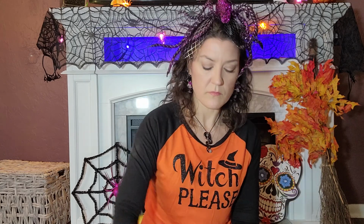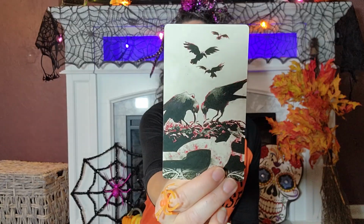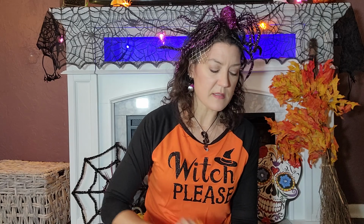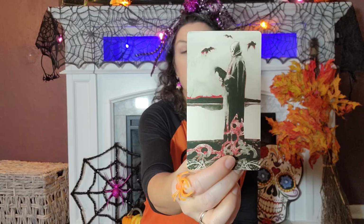I've been using this deck a lot this season. So throughout the month of October, preparing for Halloween. And I will admit, I don't generally reach for this deck at night because it is a little bit heebie-jeebie, but I don't think it's necessarily dark. It doesn't give dark readings. I don't necessarily reach for it as a shadow deck. It's just a deep down, the depths of my soul kind of deck. So it actually gives pretty gentle readings. It's a very understanding and forgiving deck,